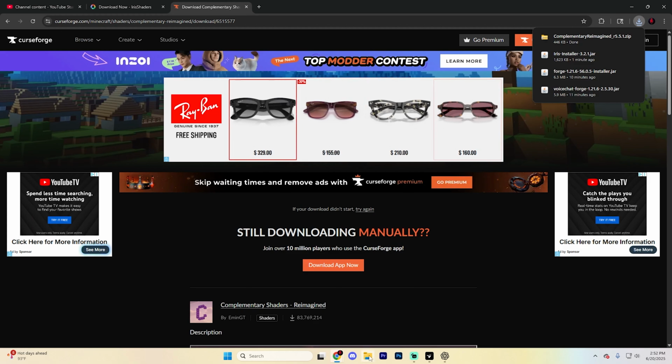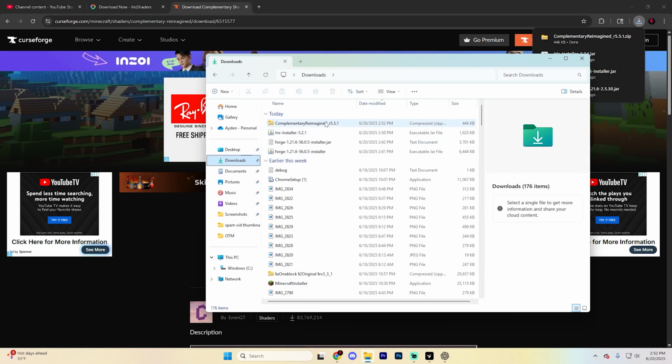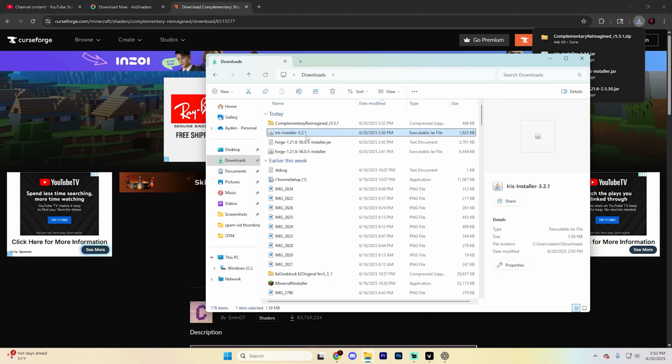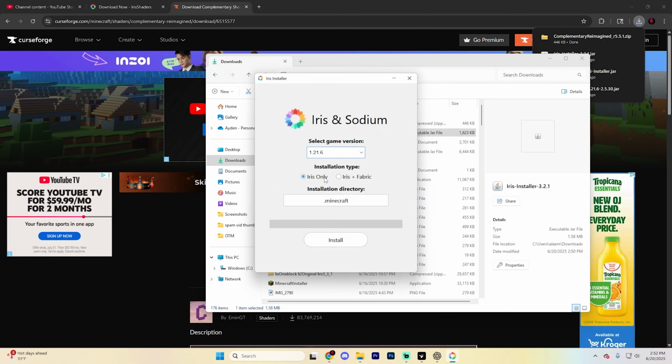But now what you're going to want to do is open up your File Explorer just like so, navigate to that download section, and in here you're going to want to go ahead and download the Iris installer. Find it, go ahead and double click on it. It's going to open up a page that looks something like this. Go ahead and make sure you have it on Iris only